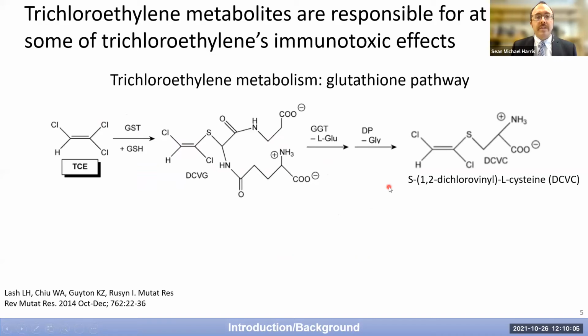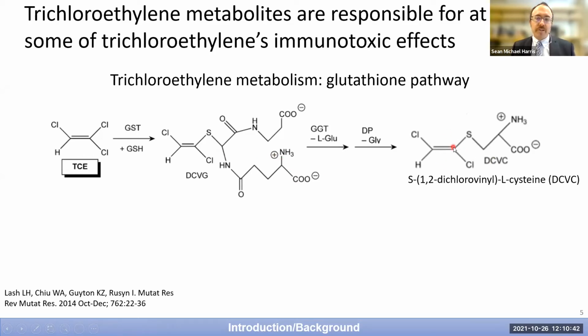It's been found that trichloroethylene metabolites, as opposed to trichloroethylene itself, are responsible for at least some of trichloroethylene's immunotoxic effects. There are multiple metabolic pathways of trichloroethylene, so the way our body metabolizes trichloroethylene into various metabolites. One of the major ones is the glutathione conjugation pathway, which gives rise to a toxic metabolite of trichloroethylene. So this is a small snippet of the glutathione metabolic pathway, showing conjugation with glutathione and then this toxic metabolite